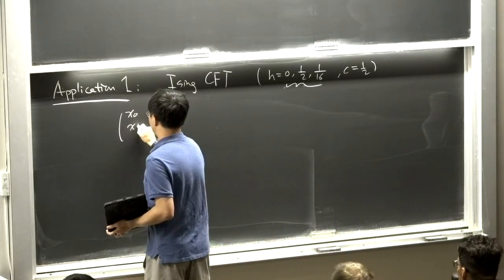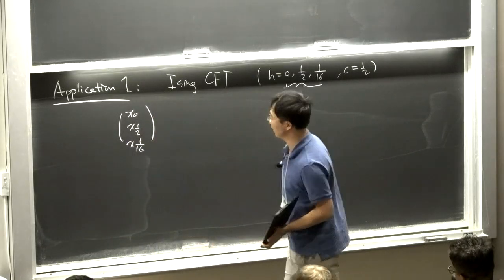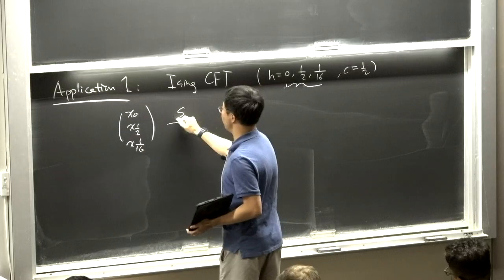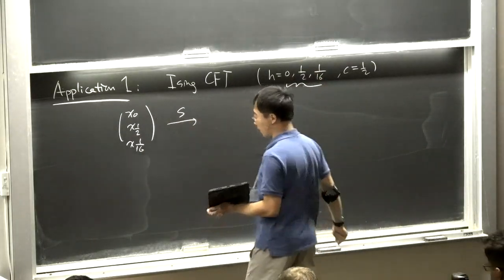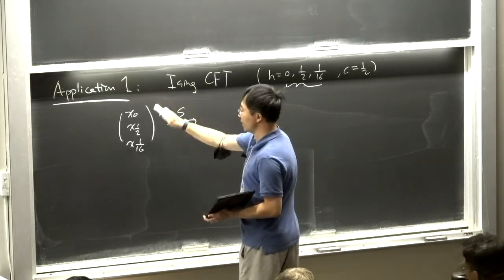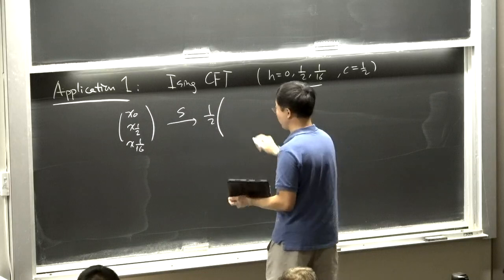So you have 3 characters associated with the 3 conformal multiplets. And under S transformation, namely when we change the argument from tau to -1/tau, we get back these characters, but up to a matrix, the modular S matrix,